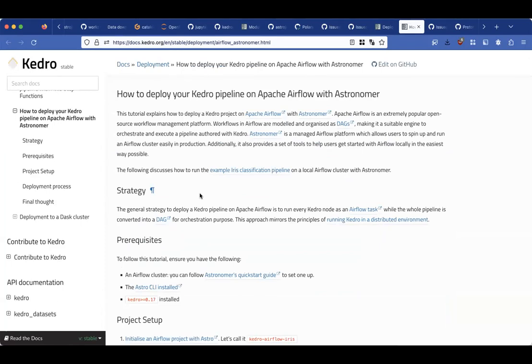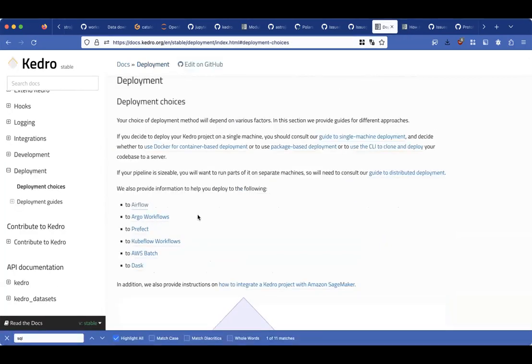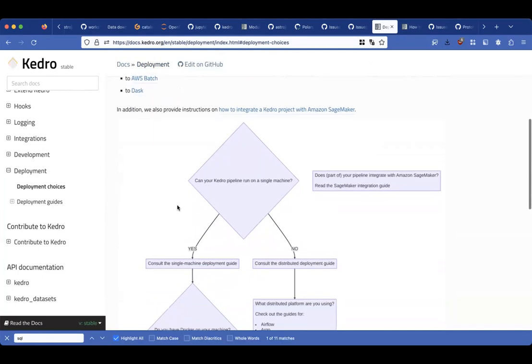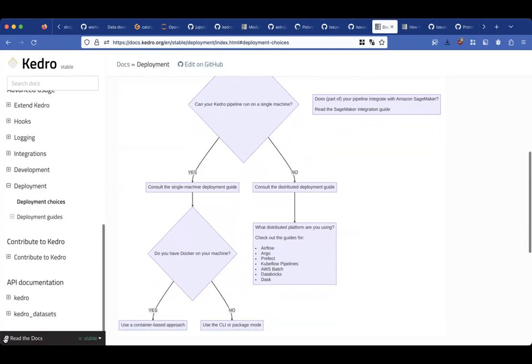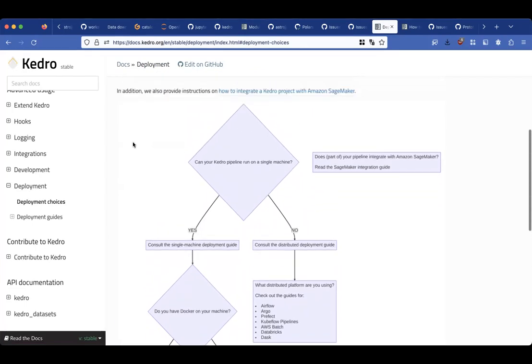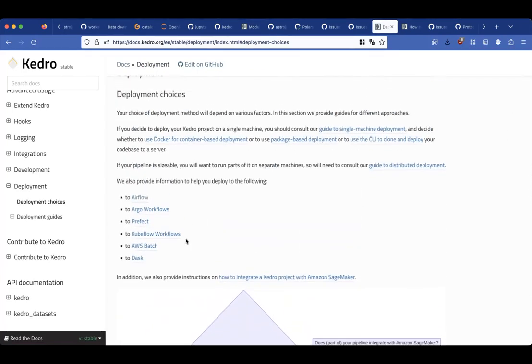And you have some information here, in this case using Astronomer, but could be a self-hosted Airflow as well. And you have other examples like Prefect, Argo workflows, Kubeflow workflows, and so on. For those of you that want a way to decide what orchestrator or what deployment tooling to use, we have a decision tree here that might help you. And then about specific good practices and so on that are not covered in the documentation,